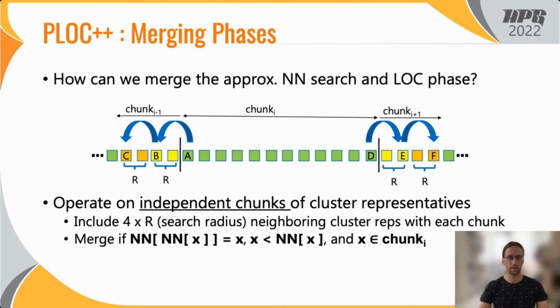we need to include additional elements to the left and right of this chunk. How much depends on the actual search radius, which in this example on the slide is set to 2. The additional elements are highlighted as orange in the yellow boxes to the left and to the right of this chunk. Now let's assume E would be the nearest neighbor of D. In order to ensure that D is also the nearest neighbor of E, we need to scan R elements to the left and right of E. So this means in total we need to scan 4 times R additional elements in addition to the cluster reps